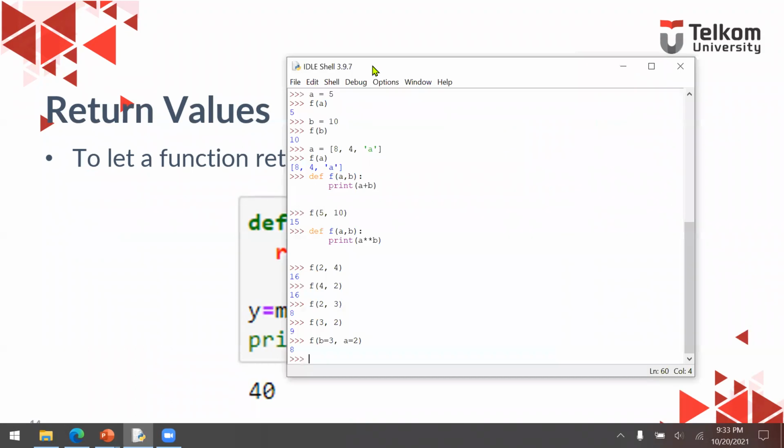Now, most of the time, we need the function to return something for the caller. For example, I'm going to define a function with A and B, and then operator.